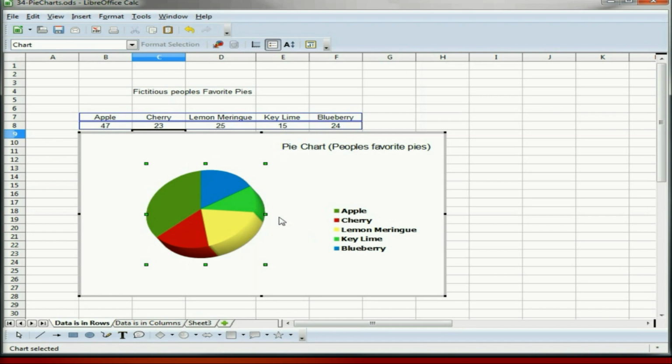This can come in handy if you want to circle a specific value or object in the presentation. I will circle key lime. Also down here we see that it's this bright green color, and on the chart we've got the bright green piece of pie. We will look at how to do all of these things and more in this tutorial series.